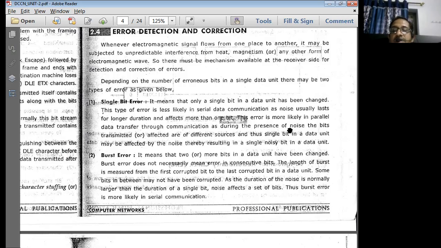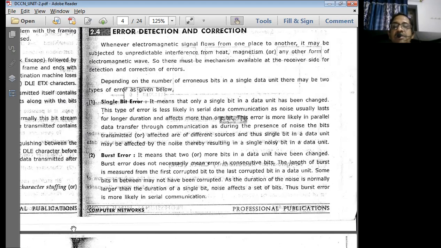So 8-bit data, 16-bit data, 32-bit data, 64-bit data is considered to be a data unit for us. Depending on the number of erroneous bits in a single data unit, there may be two types of errors. One is single bit error, and the other is burst error.